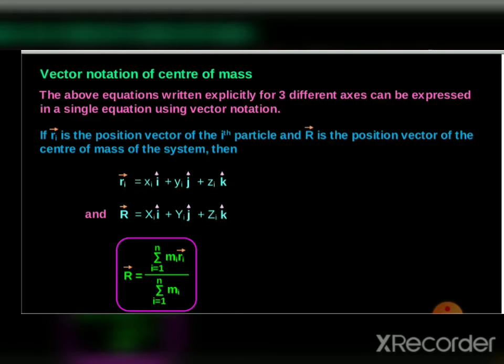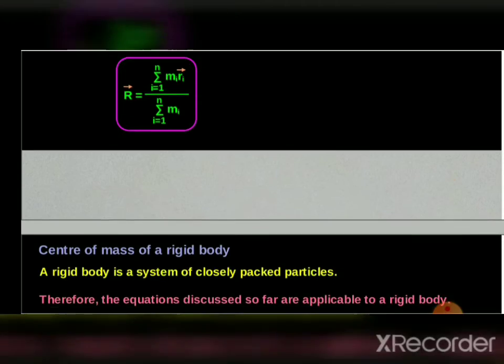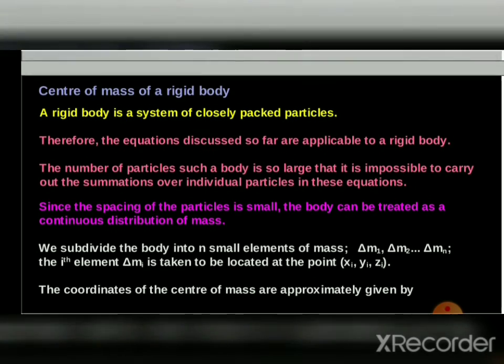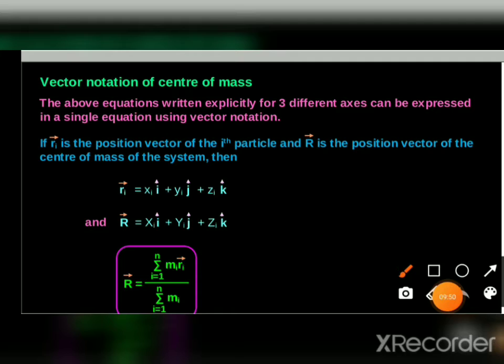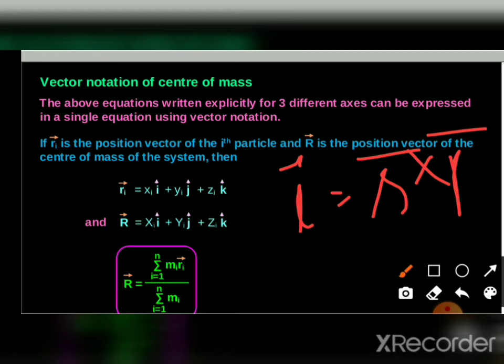If your position vector of the ith particle is r_i, and the position vector of the center of mass is R, with components xi, yi, zi, then you can write in terms of vectors R is equal to summation of mi r_i upon summation of mi. But remember, in this case your L vector is r vector cross p vector. Okay,